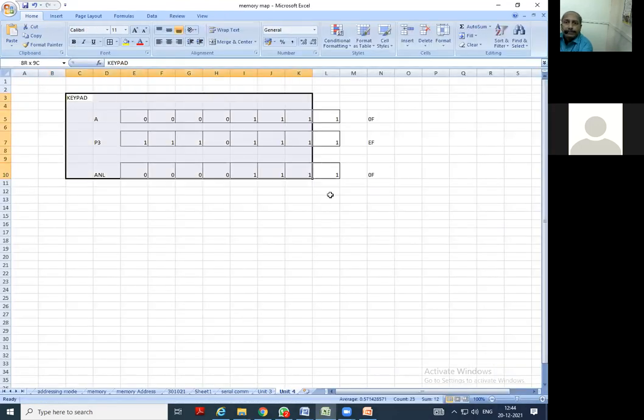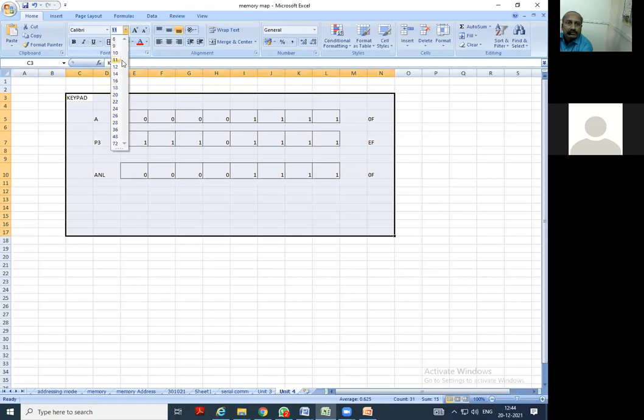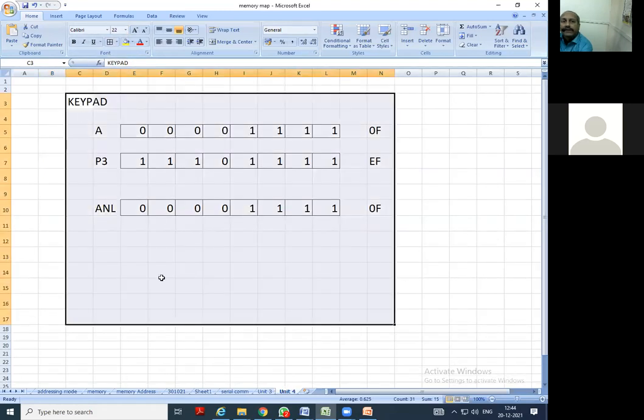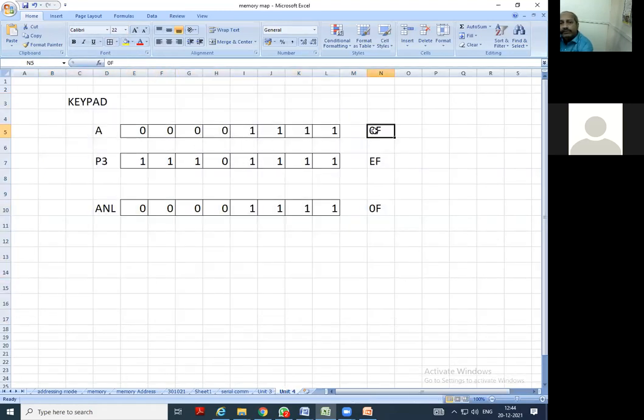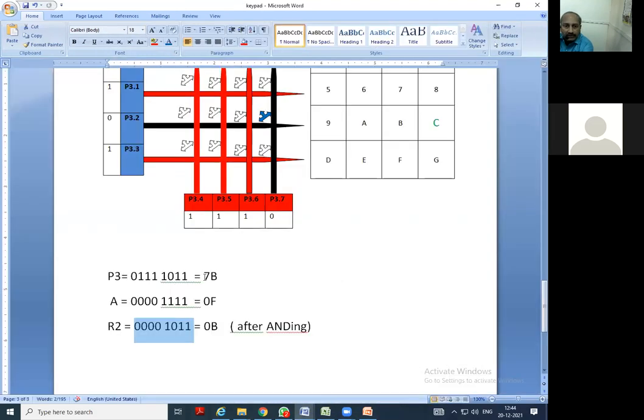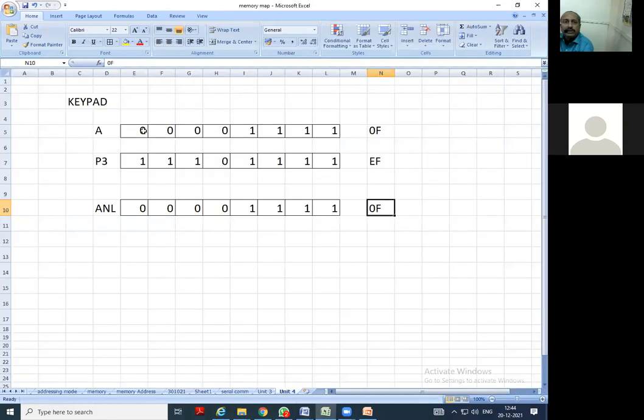Yes, I will just increase the font so that it will be clear. की 0F आणि EF. So for that it is written that is the 0F. पण आपल्या इथं डेटा काय आलेला आहे आता 7B, that is 7B. So let us, we will do for that 7B, that is 1101,